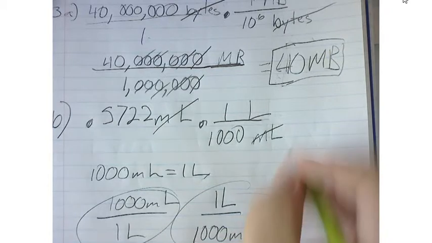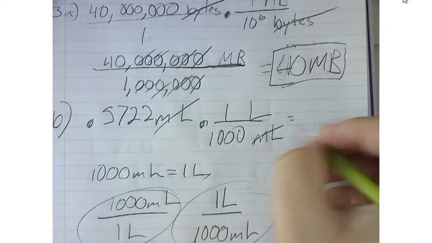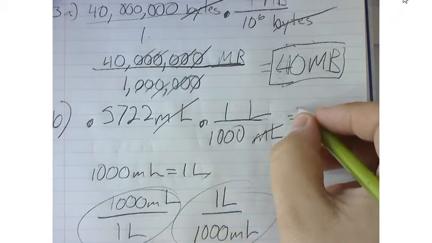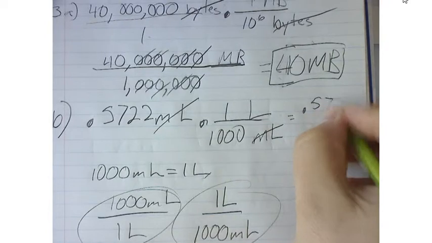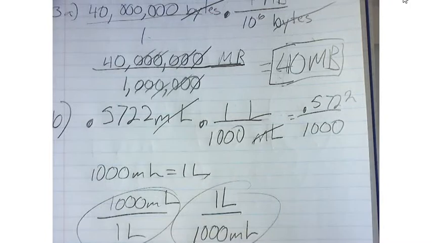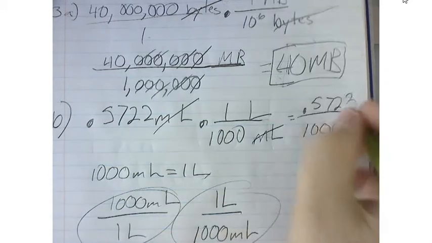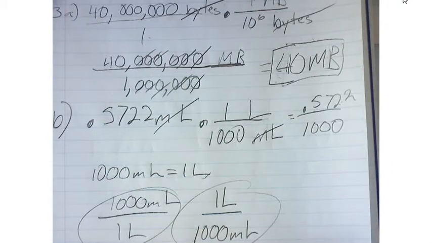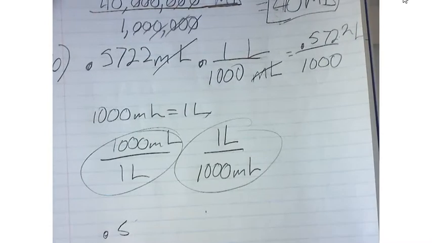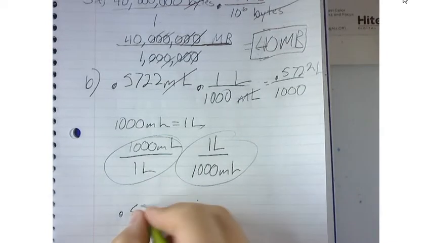So what I really end up with is, this is 10 to the third, right? So I could say 0.5722 all over 1,000. And if you plug that in a calculator, you're just going to move the decimal over a lot, okay? But I could take this, which is in the liters goes on top here. Let's slide this down a little bit. I could say 0.722,